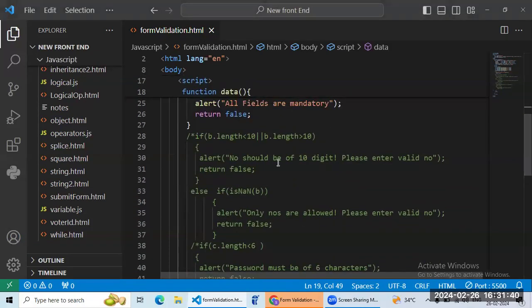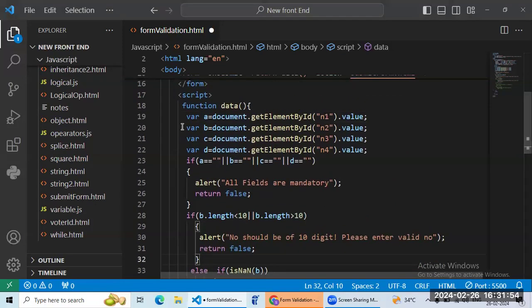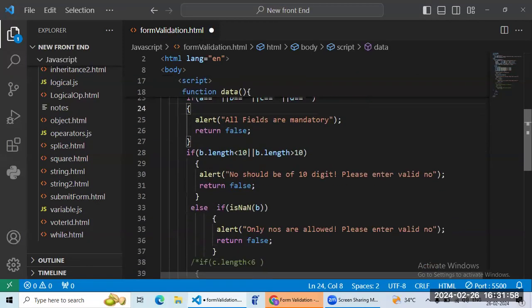Okay. So, length of the mobile number. I am removing this. Length of mobile number, B dot. In which variable have we stored the mobile number? Basically in B. So, B dot length. B dot length is less than 10 or B dot length is obviously